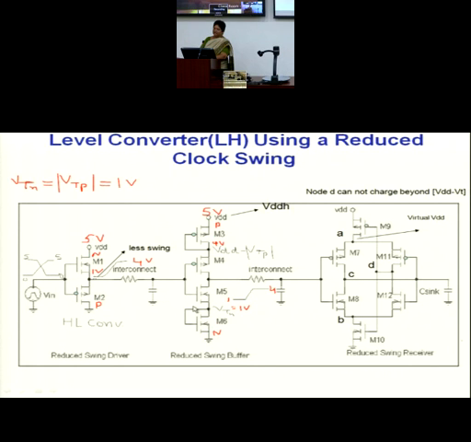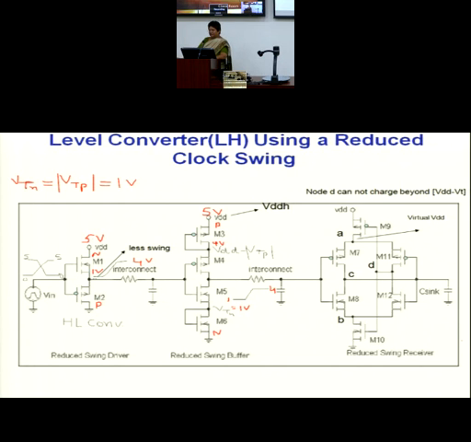Similarly, I put a diode connected NMOS over here so that this node voltage does not go below the VTP of this MOS. And suppose I choose the transistor to have a VTP of 1 volt, this will stay at 1 volt. As if these two transistors are forming an inverter with a VDD of 4 volt and a ground of 1 volt, then this signal of 1 volt to 4 volt can easily pass through this and you will get a signal changing from 4 volt to 1 volt. I can have all my intermediate buffers formed by using this strategy, using the reduced swing approach.